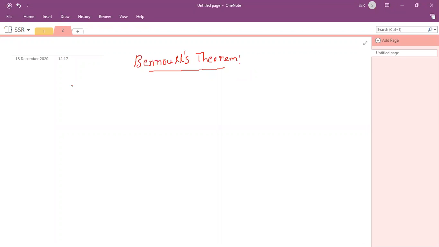It states that, statement of Bernoulli's theorem: when a non-viscous, irrotational and incompressible fluid, that means an ideal fluid simply, is